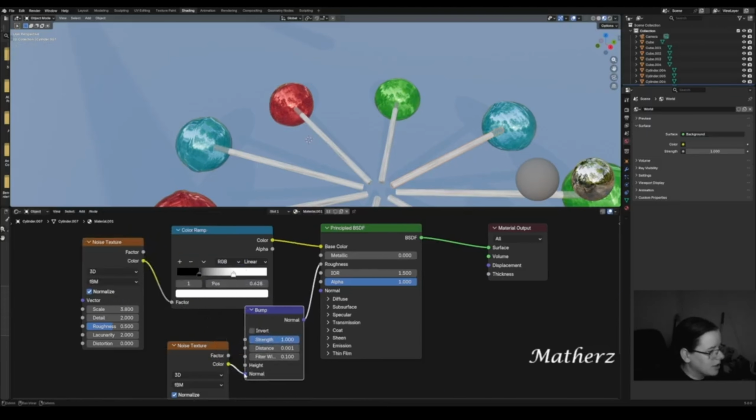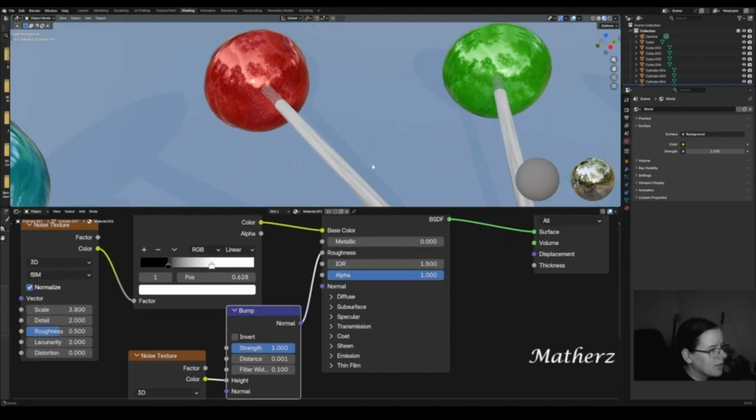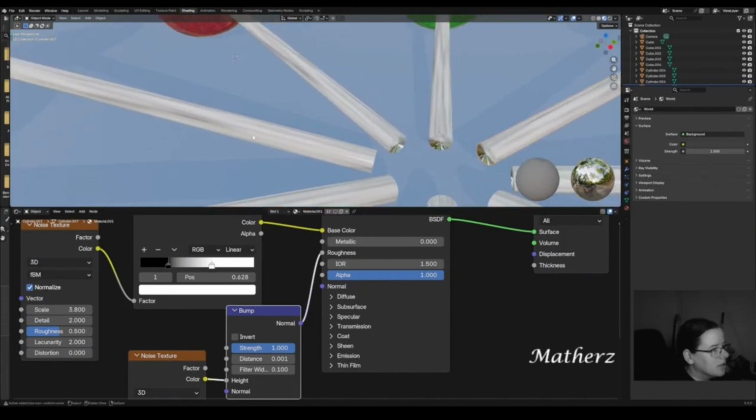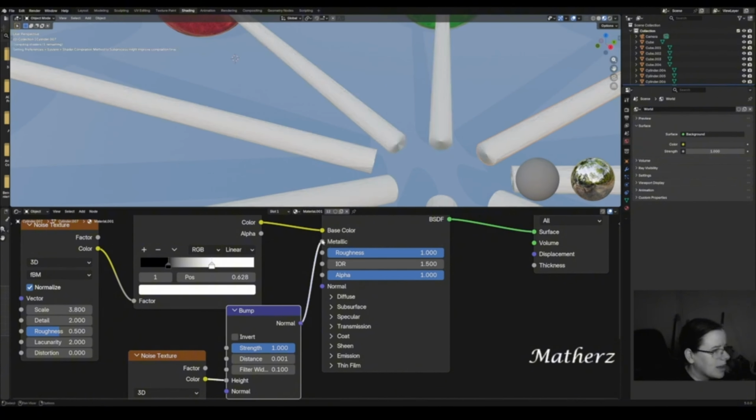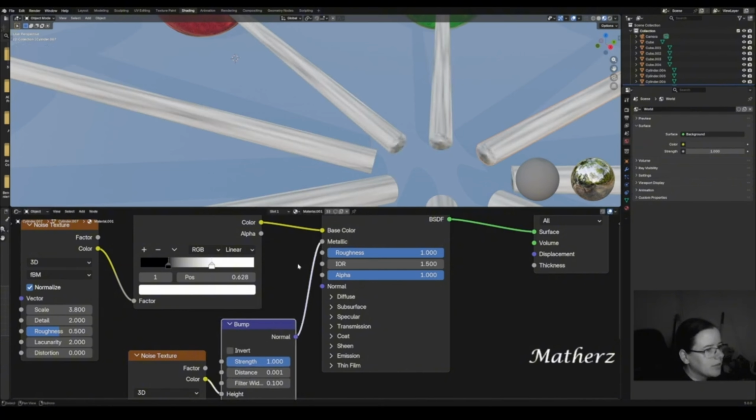Place that in between, colour to height from the noise texture. Well, you should have something like this. I'm going to put the roughness, the bump into the metallic. So we've got something like this. Okay, so we can now amend the distance